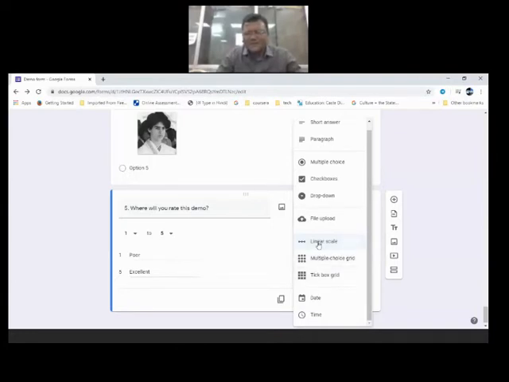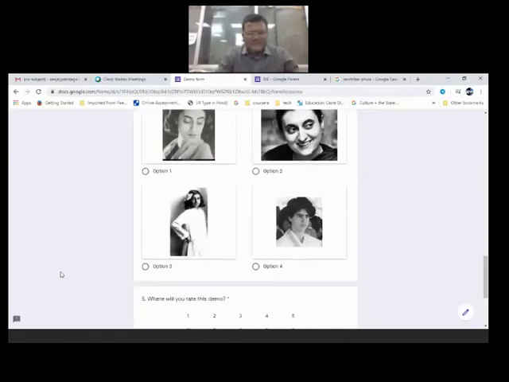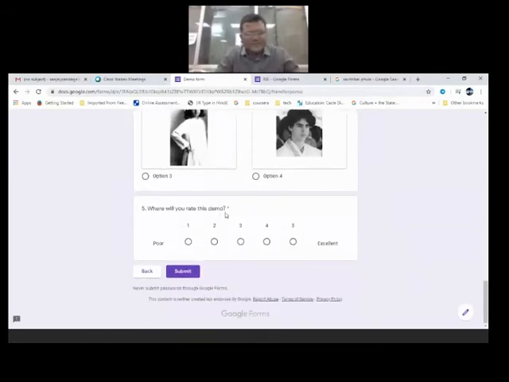Suppose I have to ask only one rating, I want a single rating. In that case, I can use this linear scale type. So 1 stands for poor and 5 stands for excellent. So that question is here: how will you rate this demo? 1, 2, 3, 4, 5 and excellent.